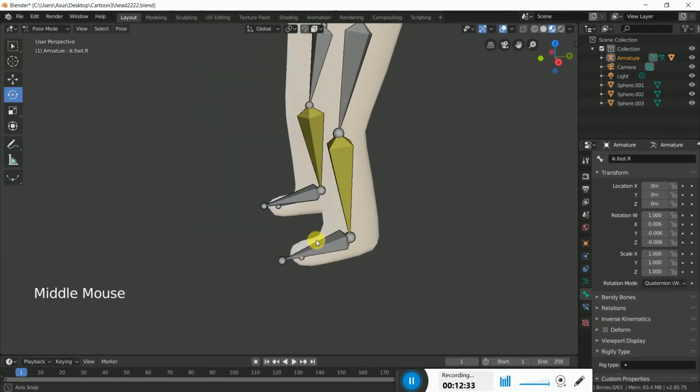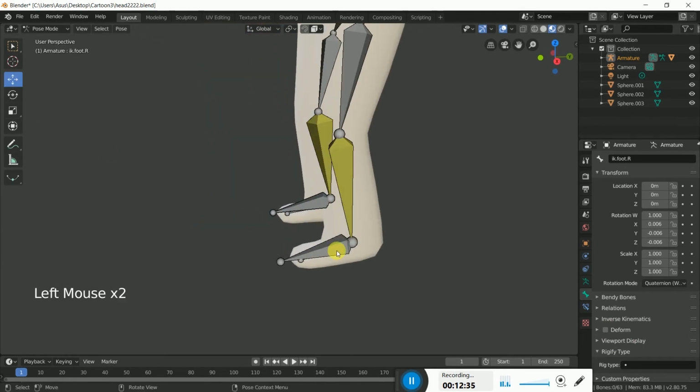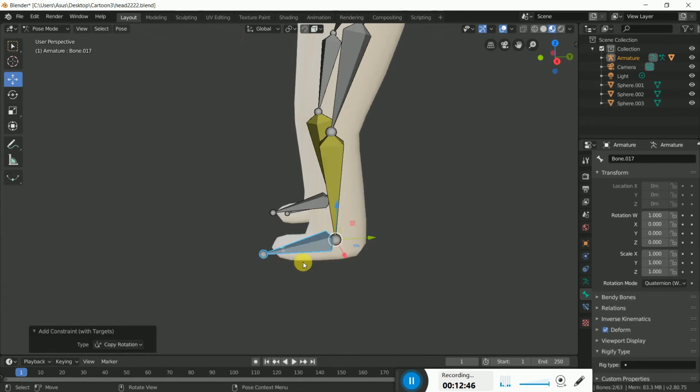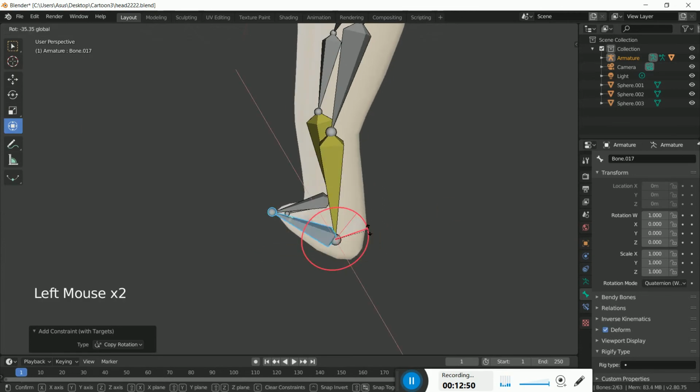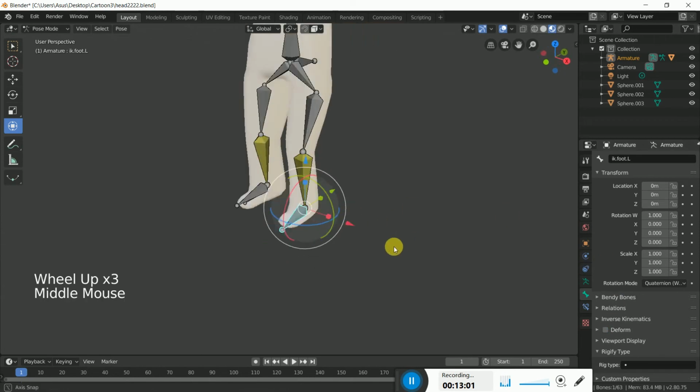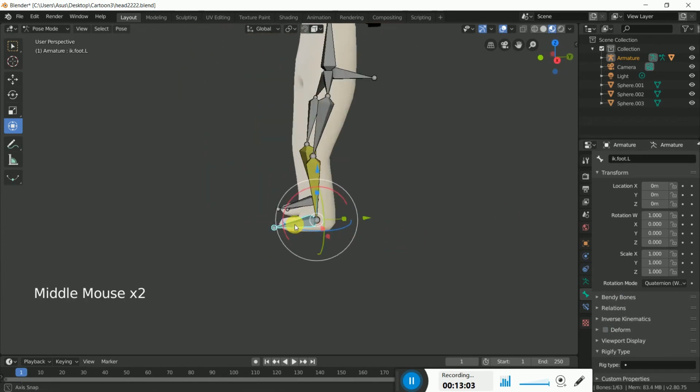So now select the IK bone, and then the smaller bone with shift and then the other bone, and Control Shift C, copy rotation. So now it will copy the rotation also. For example, if we need this here, it's controlling the bone. Yeah, I think maybe we didn't clear the